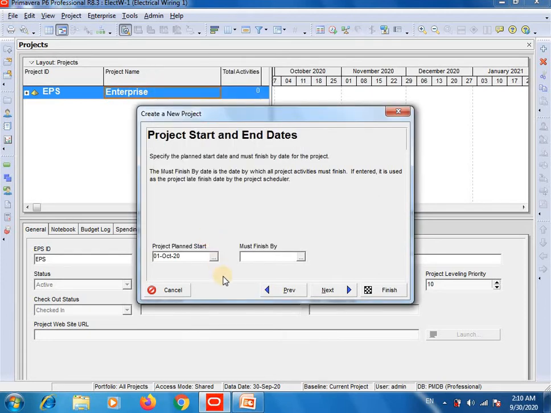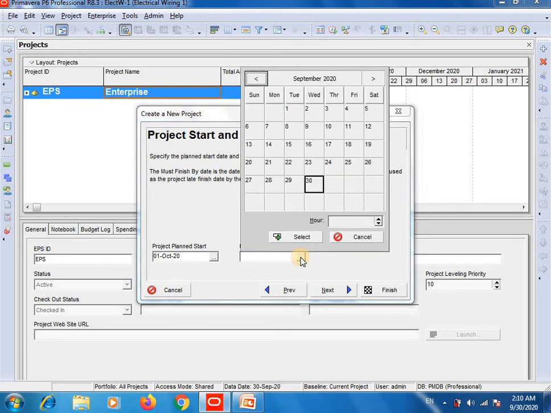Now also our project head directed all of us that the project will be completed in 70 days, so must finish by, click here, okay, project start date, and now we will count 70 days.